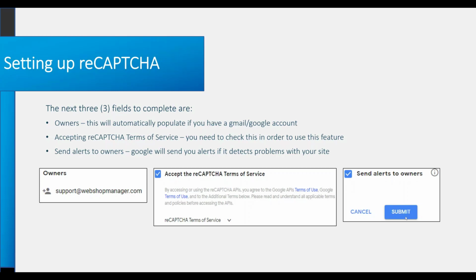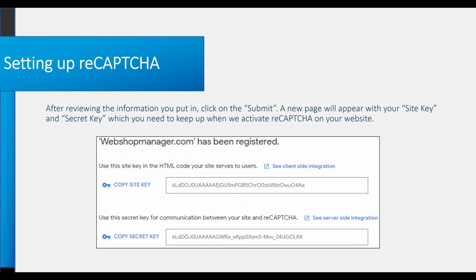Once you click on that submit button, you're going to be taken to a different screen, which is going to generate your site key and secret key. Now, these are really important that you need to have, and you're going to want to keep this screen up for when you're adding it to your Web Shop Manager account, as well as your inquiry forms. So now that we have that,